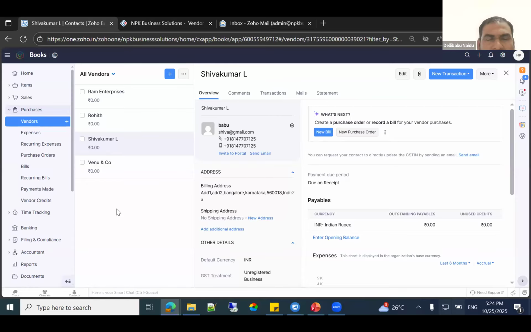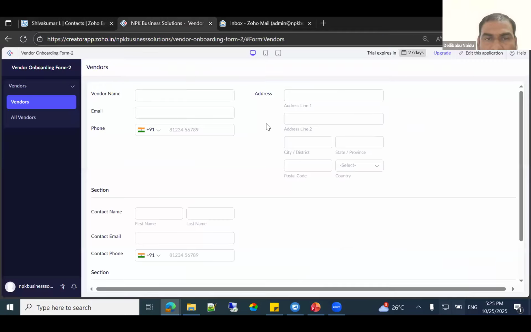We just used a simple drag and drop form and we just used Zoho Flow. There also it is drag and drop. Now we integrated, so whenever you input, the flow will automatically trigger into Zoho Books. Here you can add multiple things. If you want to send a notification to WhatsApp that the vendor has been onboarded, approved, or rejected, or with some other missing information, you can send it to WhatsApp, or email notifications also. This is how Zoho Creator works. Based on your requirement, again I'm telling you, you can create your custom applications.